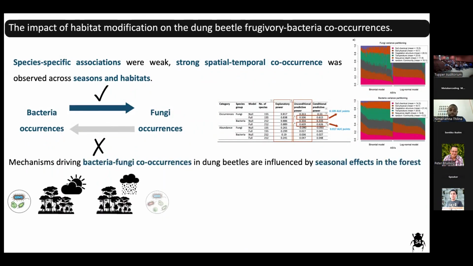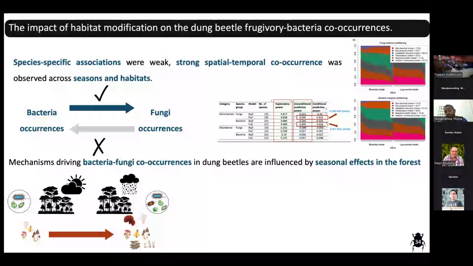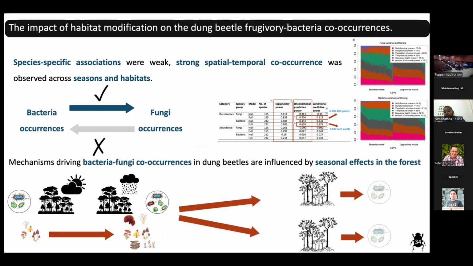So there we assume that from rainy season to dry season to rainy season, the dung beetle adapts their gut microbes for the different availability of food sources in the rainforest. However, this is a different case when it comes to the rubber plantation. It negatively affected the fungal community. It has a cascading effect, leading to a constant and less diverse bacteria community in the dung beetle gut